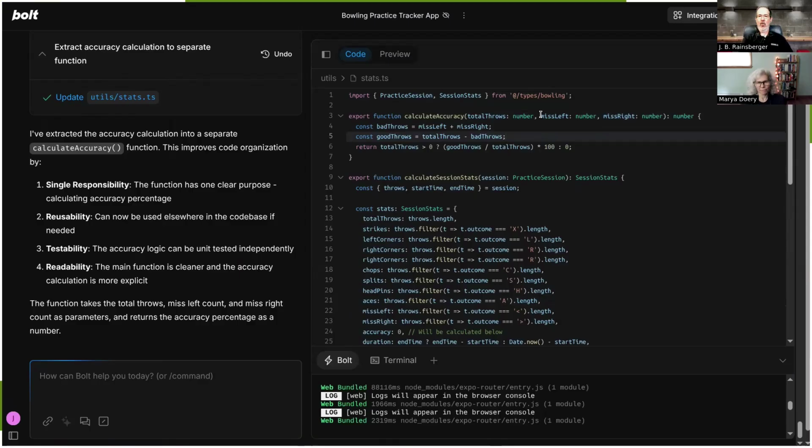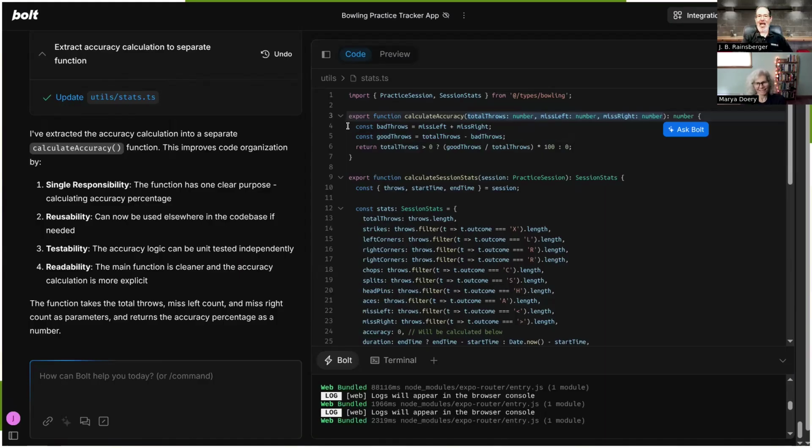From a domain modeling point of view, or from an abstract conceptual point of view, this represents the collection of misses, and this is the total throws. So I don't know, that kind of makes me now want to pass the entire session stats object in here.